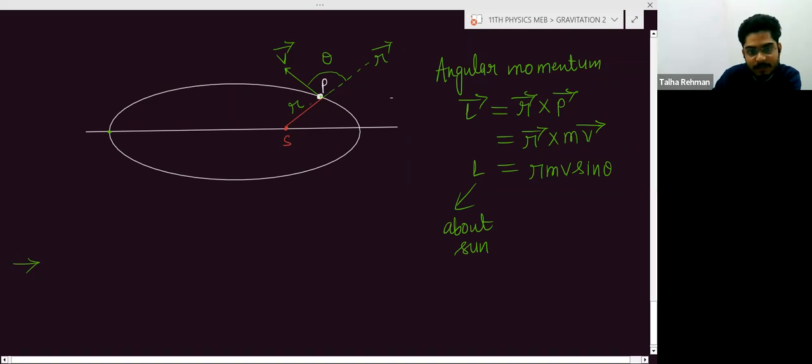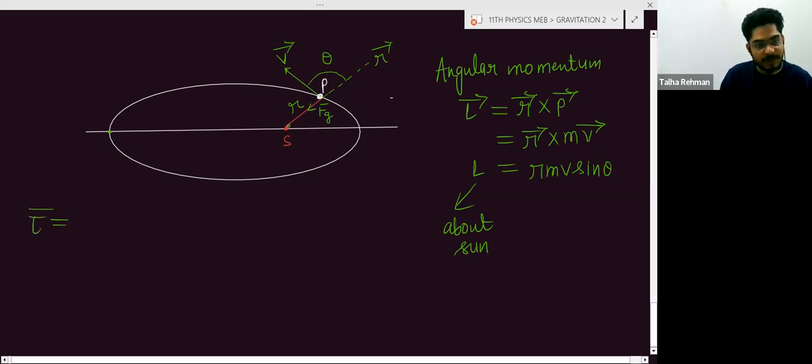So the gravitational force will be in this direction, about this axis. If you calculate the torque of this planet about the sun,